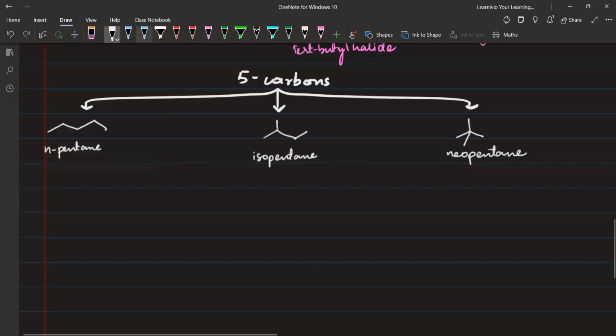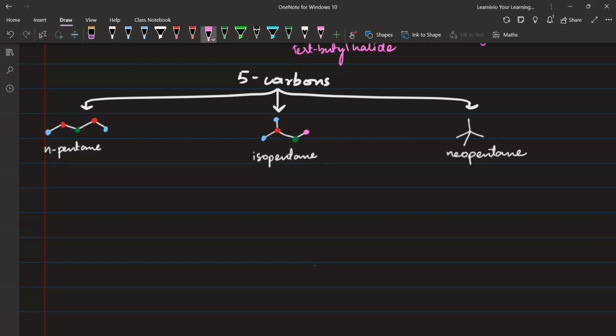Now in n-pentane you have three possibilities. Blue and this blue, I hope you can see that. Then these two red, and then this one green. Similarly, in isopentane, you have certain possibilities. These two blue are the same, then this red one is different, then this green one is different, and then this one is also different. Although the purple and blue ones are both 1 degree, the blue 1 degree is connected to 3 degree, that is red. Look at the connectivity here: this 1 degree is connected to 3 degree, and this 1 degree is connected to 2 degree. That's why they are different.